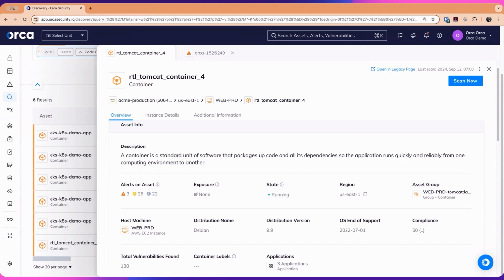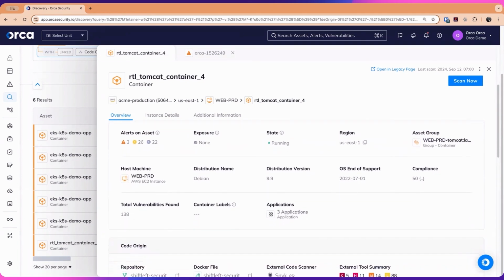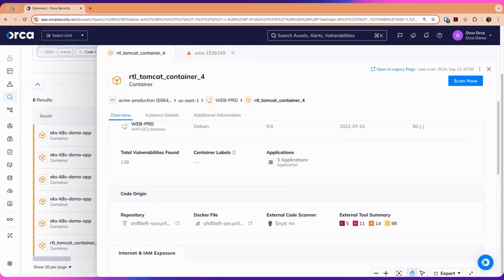an outdated version of Debian. That may be something we're trying to clean up. That may be deeply problematic. So what was our state at the point that we actually deployed this, or at the point we scanned it in Snyk? We can see here we are using Snyk. We've got the whole, we can see what GitHub repository it's in, where the Docker file that built this image